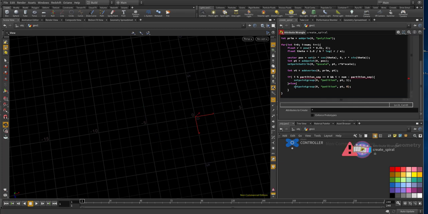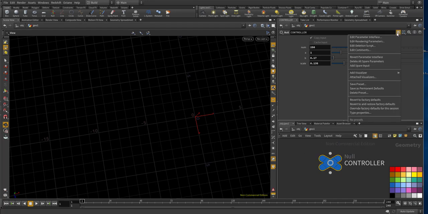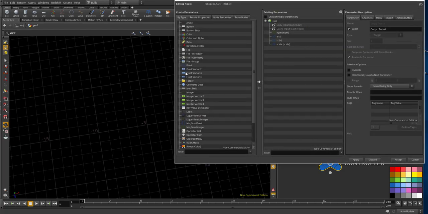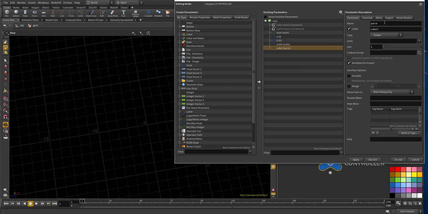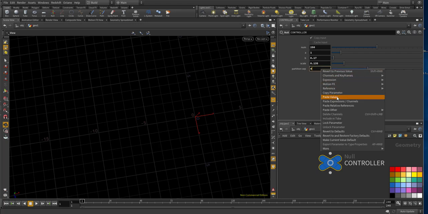Okay, and oh yeah, I don't have our parameter partition sep, so let's make an integer parameter, partition sep, partition separation number. Okay, and apply. Maybe it could be from 0 to 10, and maybe I'll set it to around 3 to 4. I'll copy this parameter